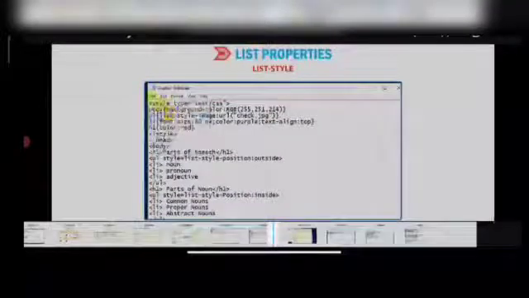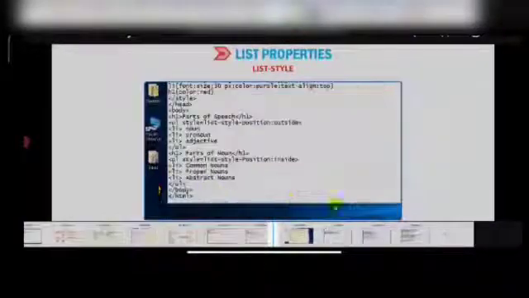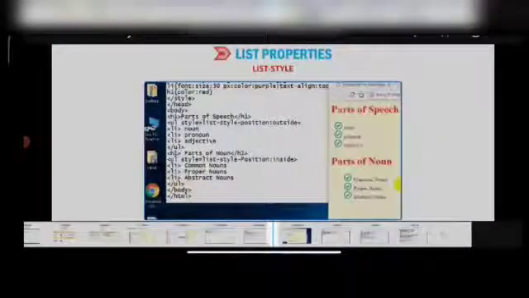Then save the file in your folder and run the program. It will run like that.